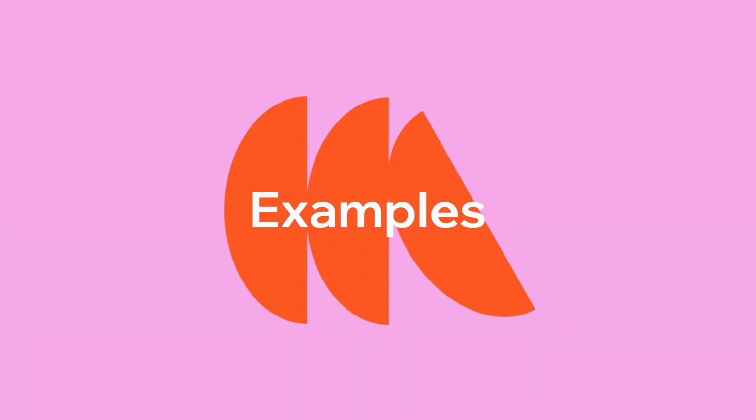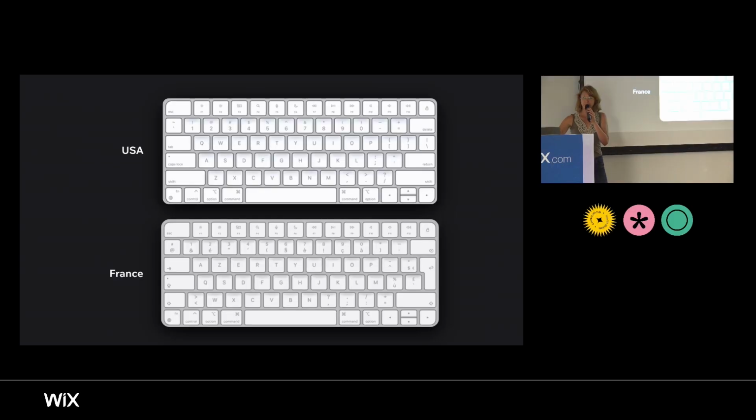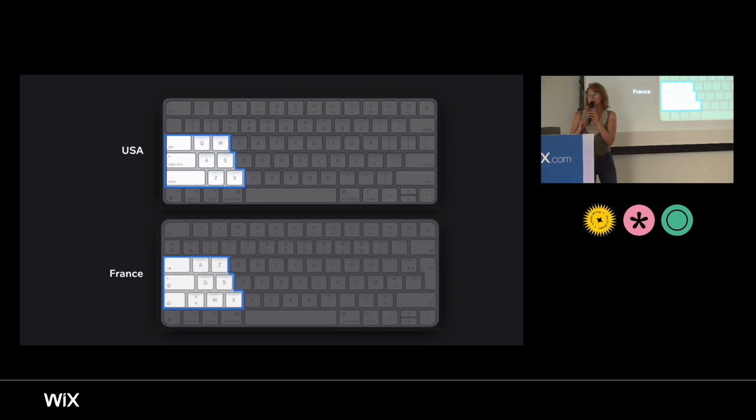And I think it's important to just show you some examples that can illustrate that idea. So first, I'm sure all of you have seen the keyboard, because otherwise you wouldn't have known where we're doing this meetup. But there's a fun fact that each country has its own version of this keyboard. Here you can see two examples, one in the United States and one in France. And you can even just focus on a specific area. So I'm going to focus you on this area over here.